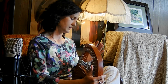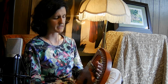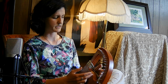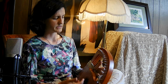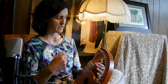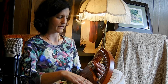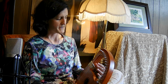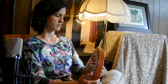I will say I do feel like my left hand is rather restricted. I don't know a better way to do that. I mean, it's not a huge range, right? We only have one octave that I really play with the left hand, and sometimes it comes up to this A, but there's not a whole lot of movement. The left hand I really just use as a kind of background, kind of bass, so that it can support the right hand in the melody as that sings. But I do feel a little bit cramped, and at times